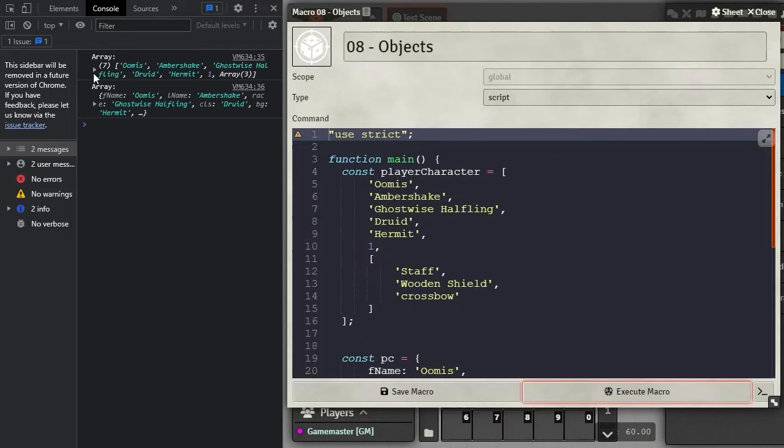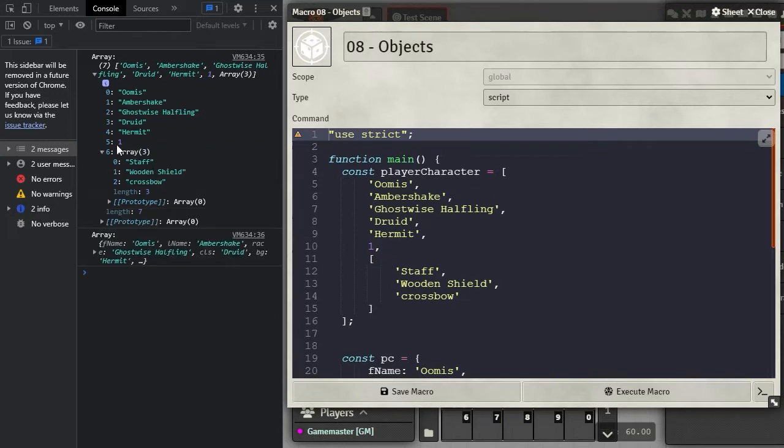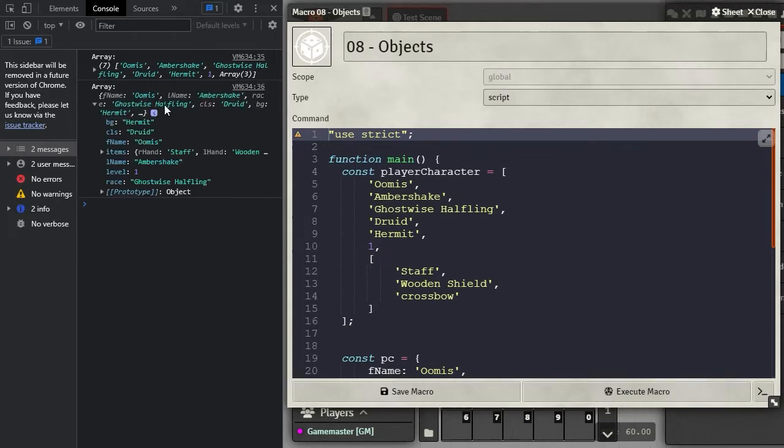So now if we look at the array, yeah, it gives you all the information, but you're not 100% sure what everything is. Like, what is this one? Is it an experience? Is it the level? Is it a modifier or something like that? It's just these numbers. But if we go look at the object, we can actually see that, oh yeah, okay, so the one is the level, this is the last name,